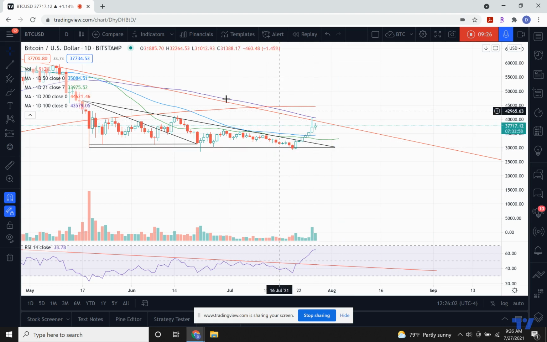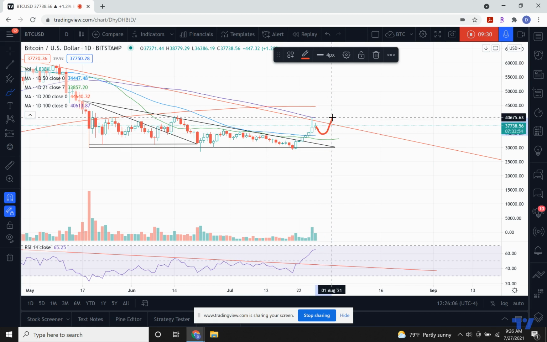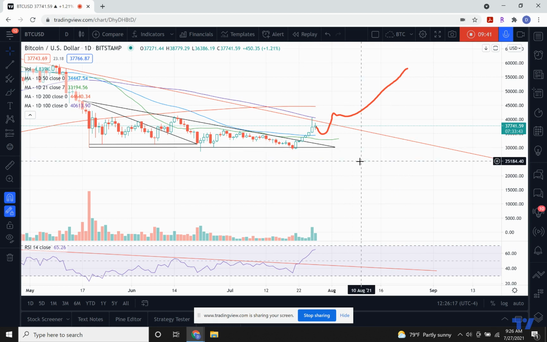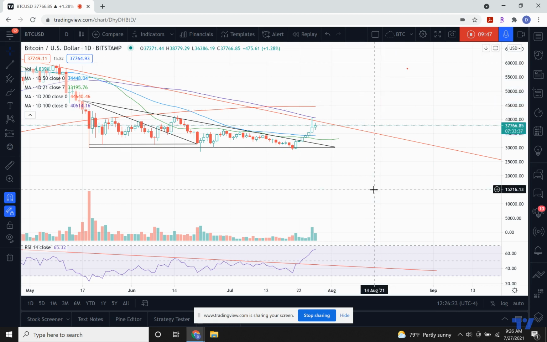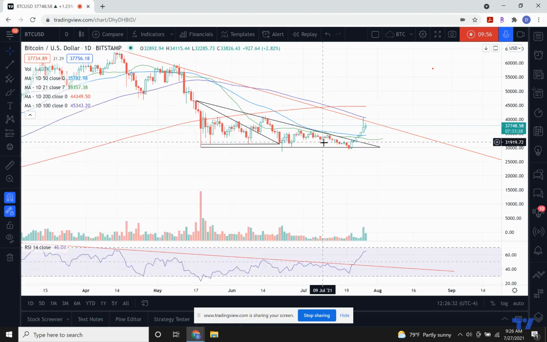So they're saying this is the show of strength and that it's going to come back down here and then it's going to go back up here and it's going to go like this and then it's going to go up and to the all-time highs and then go parabolic and everybody gets Lambos. That could happen. I'm not going to say it won't. Anything's possible. But from what I see, I'm not buying it. I'm not confident. This isn't strength that I'm going to be going all in, aping in on.